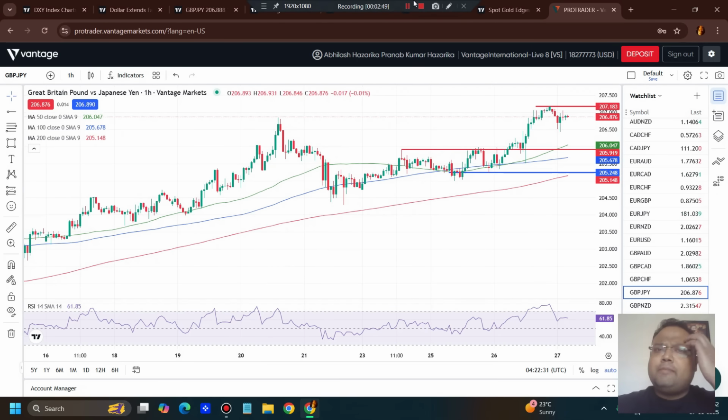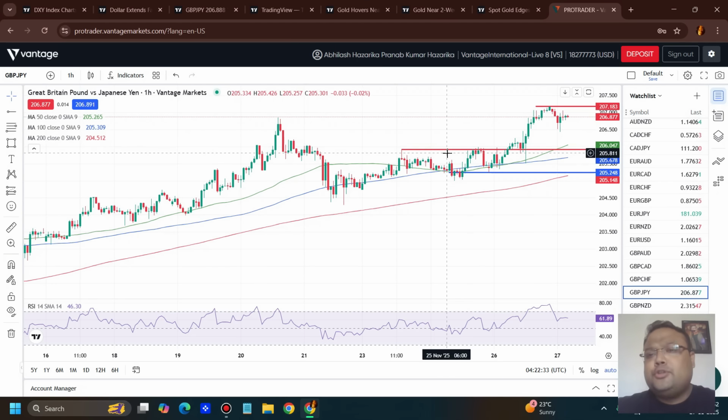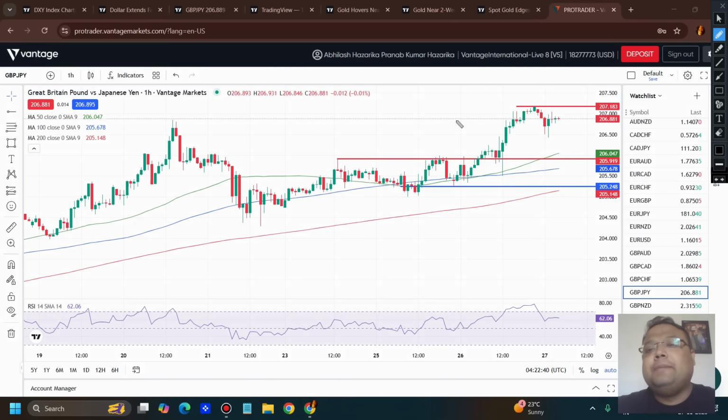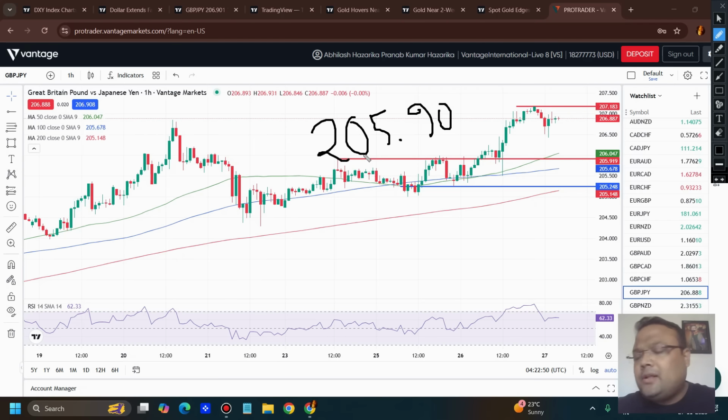So if you have any ongoing buy, you can hold your buy position. But if you're looking for a fresh position in the market, again, it will be better for you to buy at dip or buy at retracement. So from a price action perspective, we have the support around 205.90. We can also expect some support at 206 also, but precisely around 205.90 we have the support, and the reason is the previous resistance will be working as support.